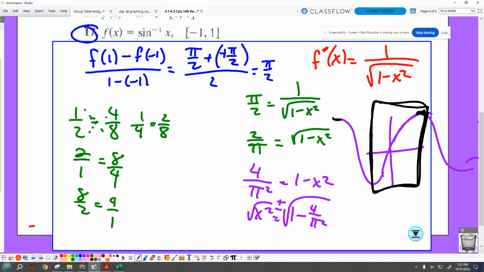Pi over 2. And where is it -1? Down here at negative pi over 2. There's a whole infinite number of places, but your calculator is only ever going to tell you from quadrant 4 to quadrant 1 and the short way around. It's going to give you a negative angle. Would you ever ask us for a different interval? Sometimes they will ask 0 to 2 pi, give me all answers in this space. So yes.